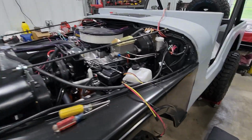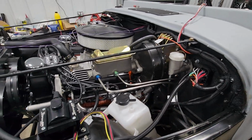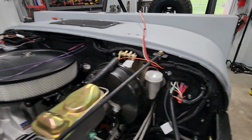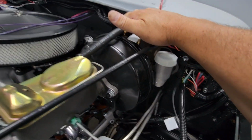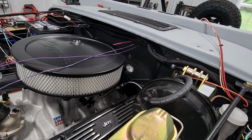Hello and welcome back. This is the start of part 3 of our wiring harness install. Starting to make some progress here. Started securing the harness, running it onto the back of the firewall, below the drip edge to run it across